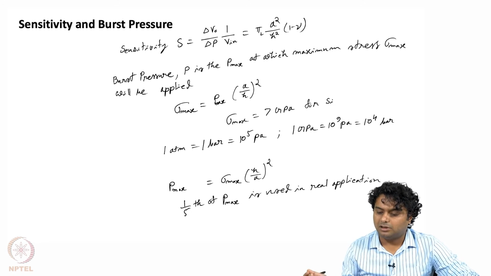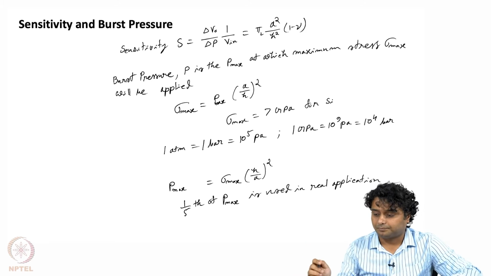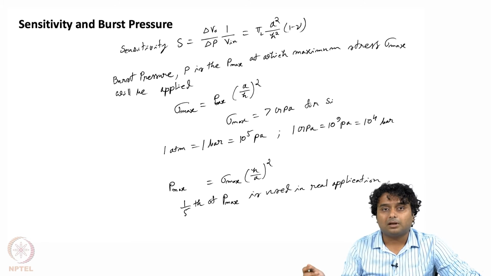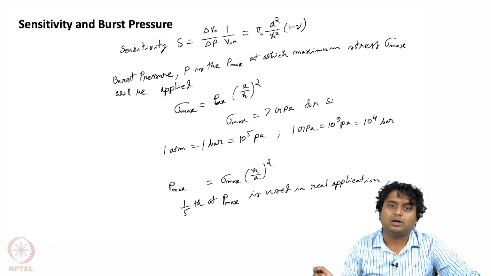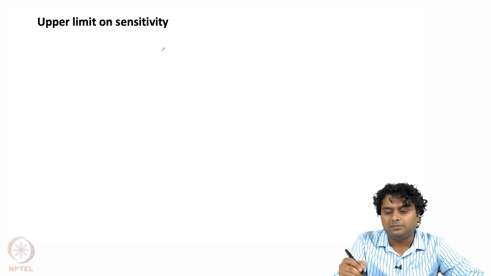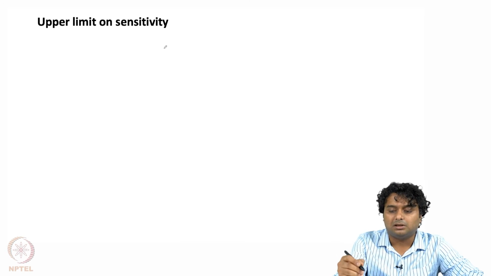So, even though it can withstand 10 atmosphere pressure, we will not push the membrane to be used for 10 atmosphere pressure. Rather, we will decide the working range to be 2 atmosphere maximum. Now, another problem in reducing the thickness too much is that